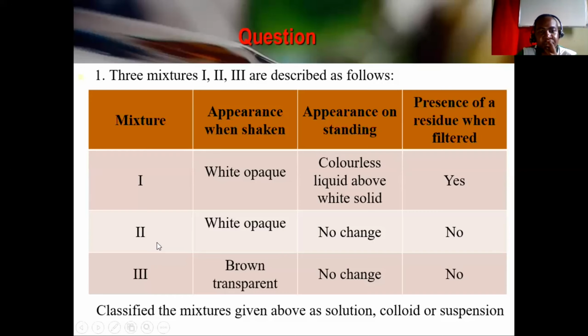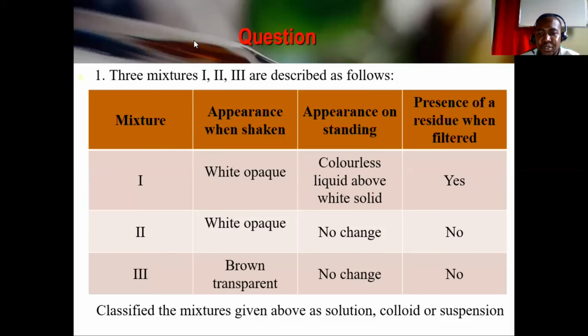All right, so mixture two. A colloid. Why would it be a colloid? It's white opaque and it doesn't change when it's left standing. So that means we're still seeing some differentiation of particles in it. There is no settling when standing, so that's not a suspension, so it has to be a colloid. And then mixture three would be